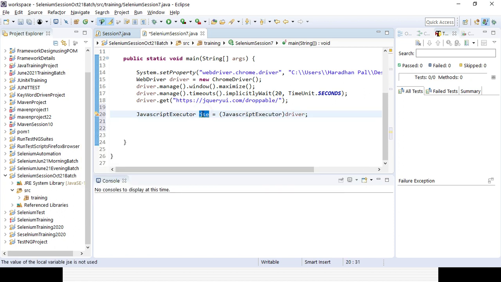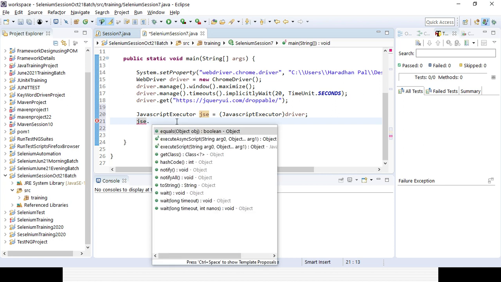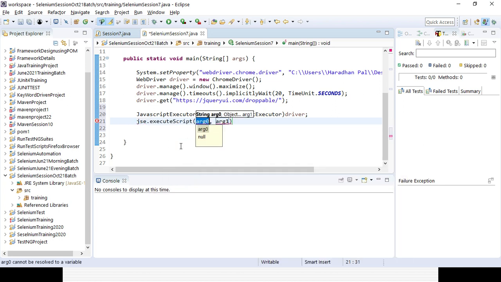Whenever you are importing, there might be a lot of suggestions. As and when you work, you will get to know which packages you need to import to get the execute script option. Otherwise that method will not come, because until you select that package, you cannot get the method. So there is a method called window dot scrollBy.